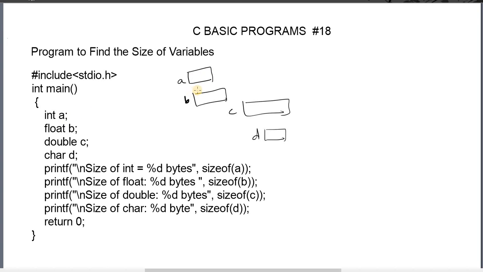For example, if you don't know the size of this integer, we can find it by using the sizeof operator. It looks like a function, with brackets like a function, but sizeof is not a function. It is an operator. It will return the size of A. What is this memory size? This will return this memory size actually.